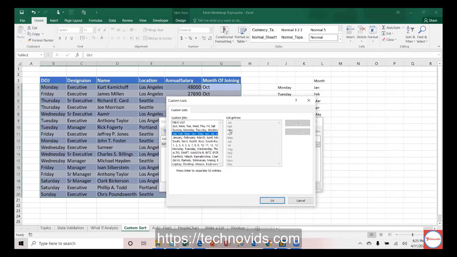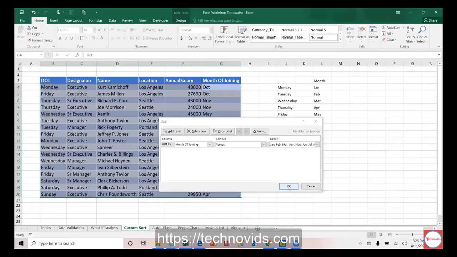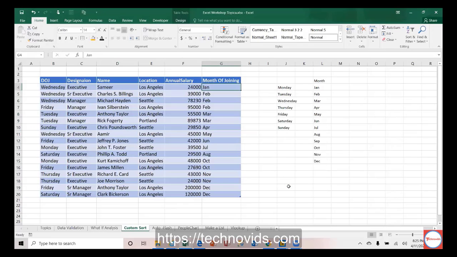Exactly this is how it will sort now: January, February, March, April, May, like that. So let us click this. This is what I wanted. It has sorted January, February, March, April, May, June, July, August. September month is not there. Then October, November, December.